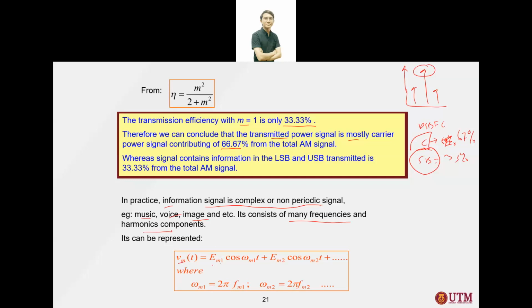For example, Vm equals Em1 cos omega m1, and then we have another harmonic, omega m2. The problem of having harmonics, we call it multitone, where we have multiple